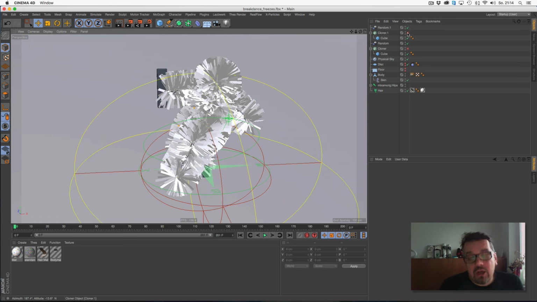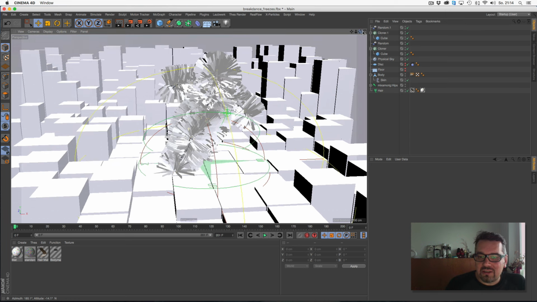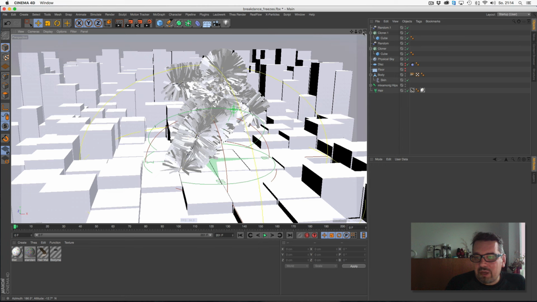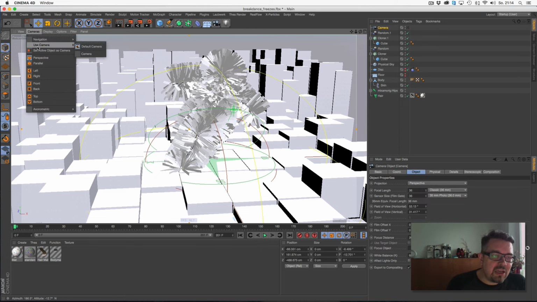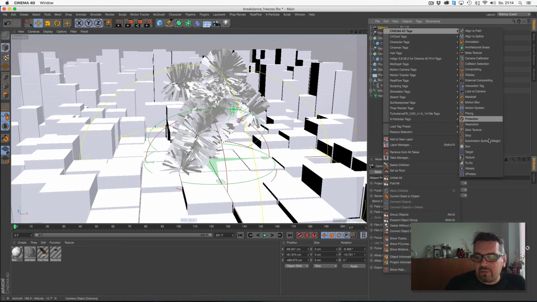So in the last one, I used a little dirty trick. Oh no, it's not a trick. It's just something in Cinema. For just random tests, I often set a camera and give the camera a vibration tag.